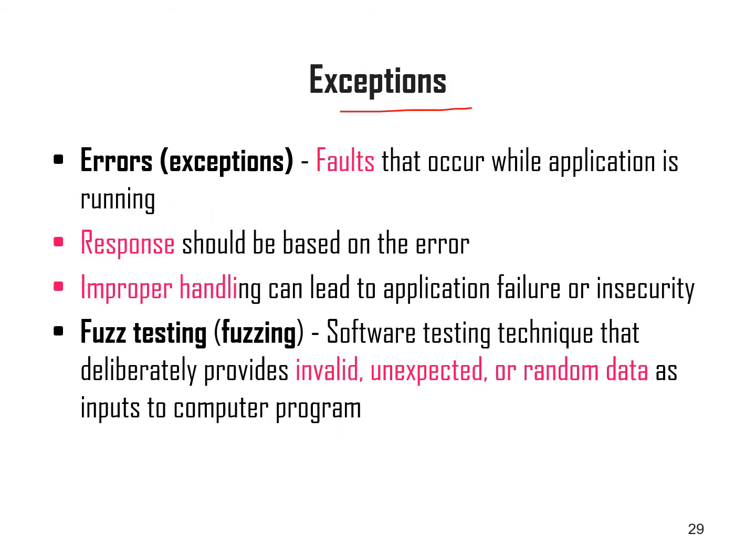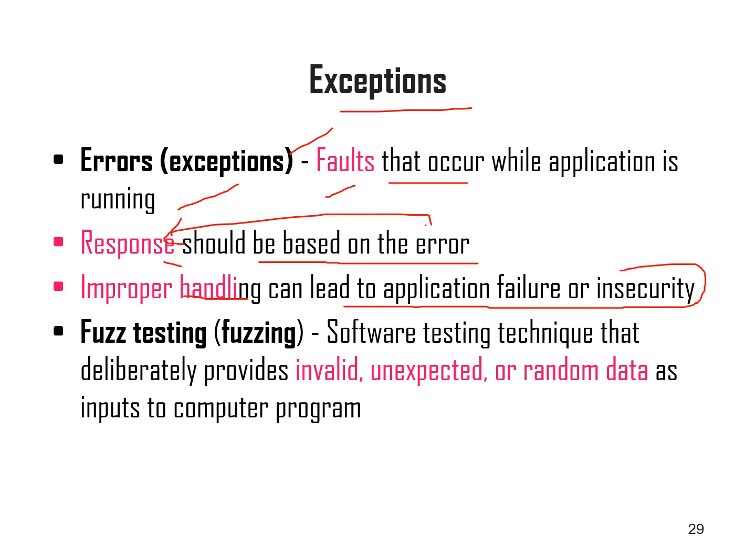Exceptions. In application security, exception is a very important thing. Exceptions are faults that occur while the application is running. If any application is running and it creates an error, that is actually called a fault or error. The response should be based on the particular error. Improper handling can lead to application failure or insecurity. So while handling a particular application, improper handling will lead